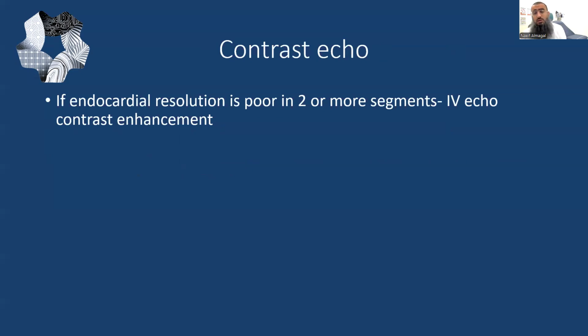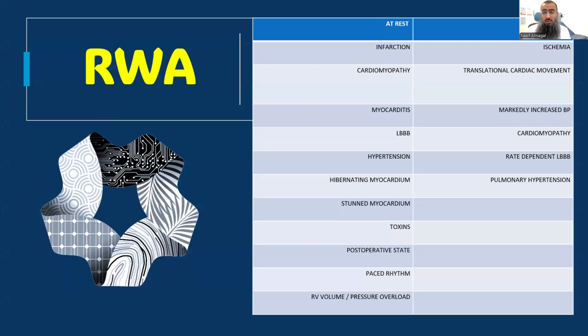Contrast echo is very, very important, especially in case we have a limitation with the resolution, and it's very important to delineate the LV cavity and define the regional wall abnormalities in such cases. The regional wall abnormalities we are talking about are either